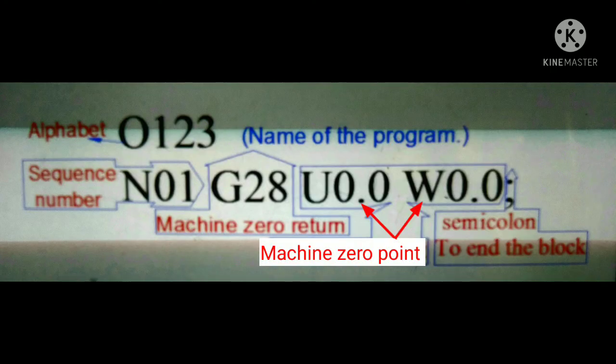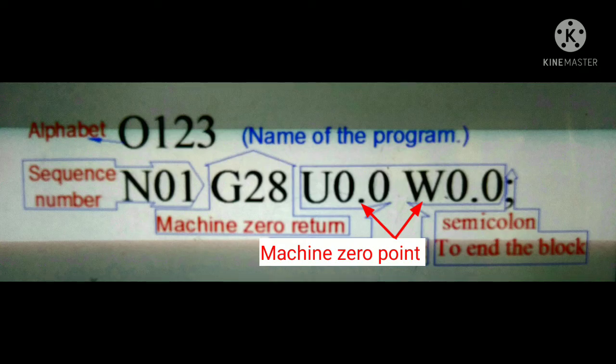Next is the sequence number, and for this I write N01. You may use any number instead of 1. Why do we use the sequence number or line number? If there is any mistake in our program, we can identify it easily according to the sequence or line number.